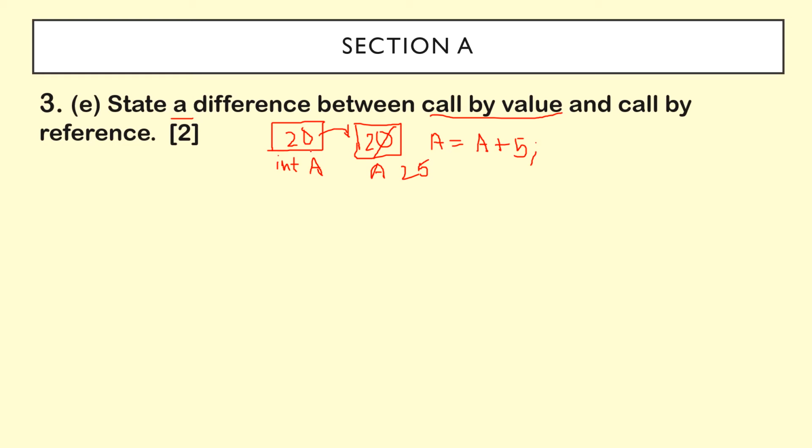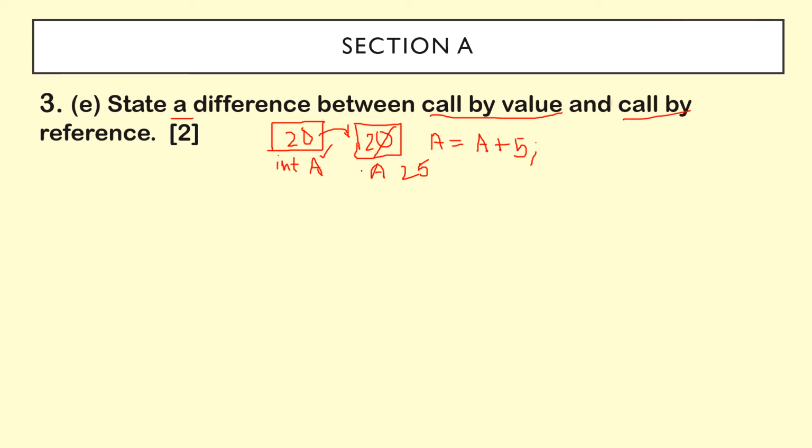But there is no change in the actual value. The formal parameter has been changed by the call by value, but the actual parameter is not changed. So here my data is intact. If by mistake anyone has made a change to the value of the variable, my actual value is not changed, so my data is safe.